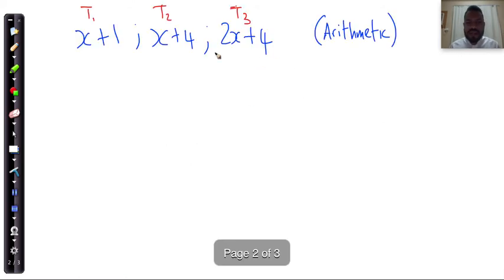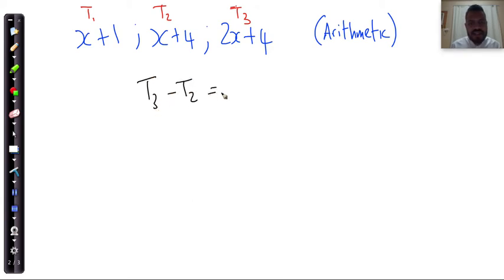So let's go one back and let's say, okay, to solve this type of problem, we first have to recognize what type of question it is. It is a case 3 question where I'm given 3 terms of the sequence, I'm told the type of sequence, and from that I can now determine to say, okay, I know that this minus this must be the same as this minus this. So we're going to say T3 minus T2 is equal to